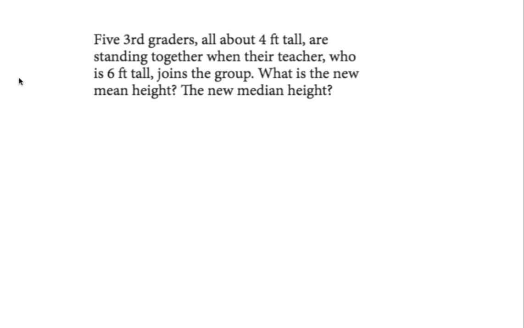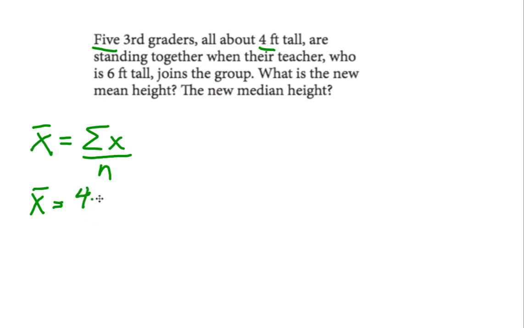Okay, suppose we have 5 third graders, all about 4 feet tall, standing around when their teacher, who is 6 foot tall, joins the group. What is the new mean height? So recall that mean is calculated by finding the sum of your x's divided by the number of entries. So for the mean, we have 5 third graders who are 4 feet tall, so I've got to add 4 five times. And then I have my 6 foot tall teacher, so I'm going to add 6 one time and divide by the number of people standing around,